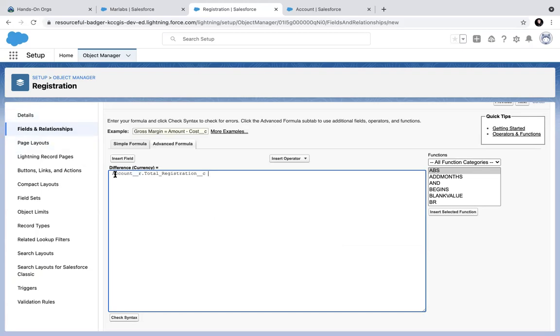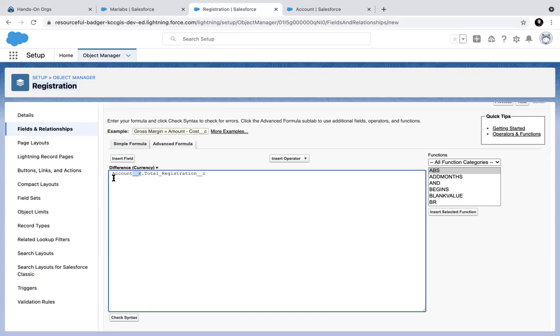You can do this account__R only if on that object you already have a lookup relationship or a master detail relationship of this kind of object. In the registration object, I already have a master detail relationship with account. That means I can now straight away pull any field from account. In order to pull any field from account, I have to put __R.